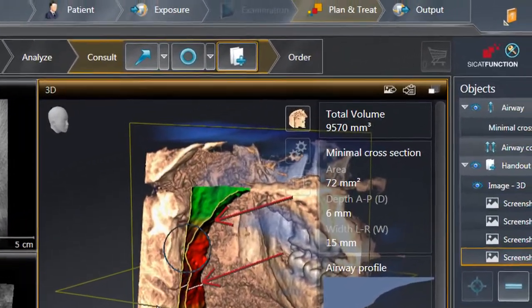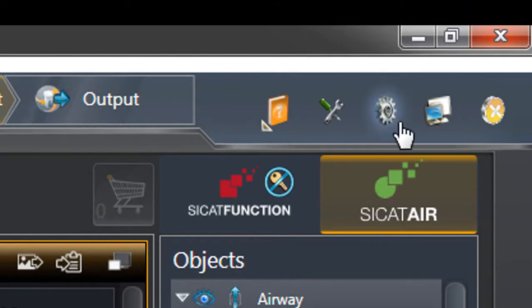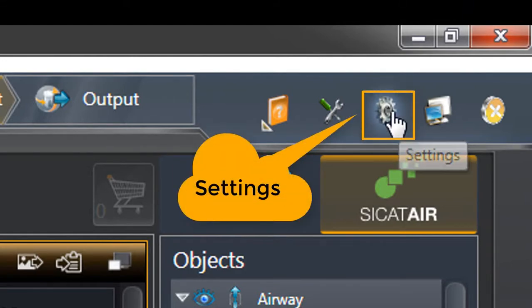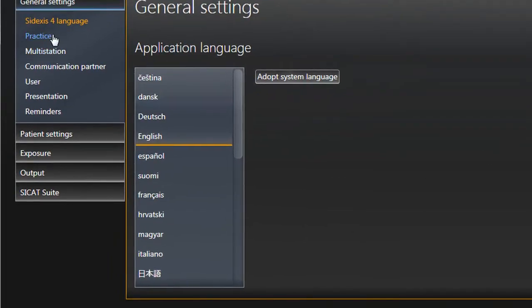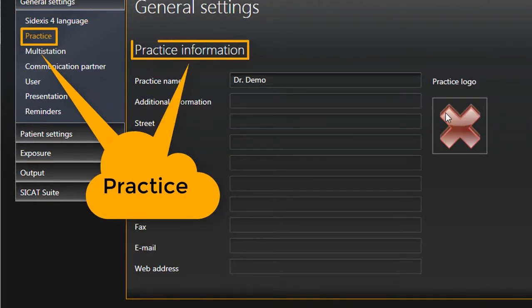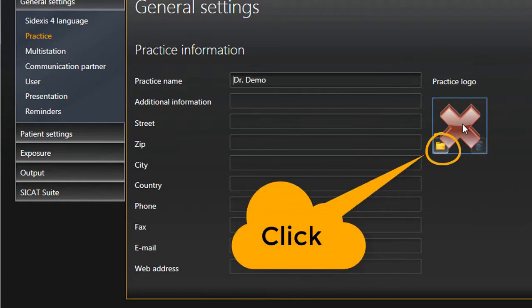So how do we customize this report or handout for our own practice? You do that under settings right here. And there's two things in here that we need to take a look at. First of all, we can put our practice information in here. You can incorporate your practice logo. If you click on this and you have it on your desktop or where you know you can find it,